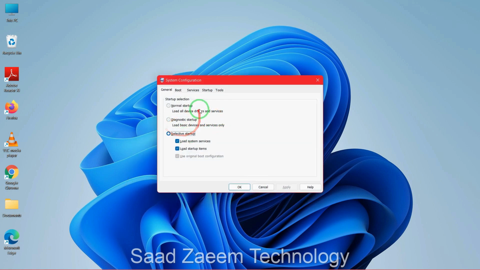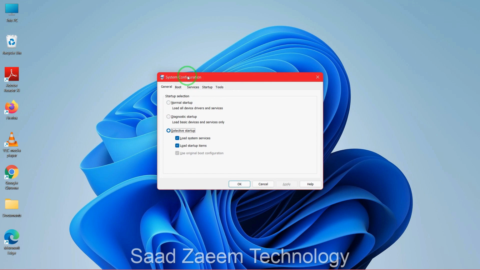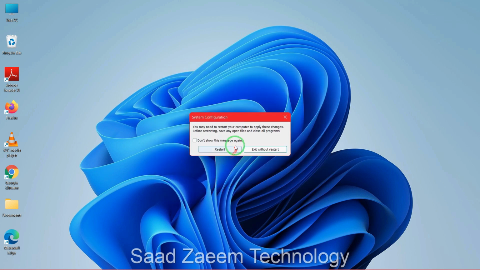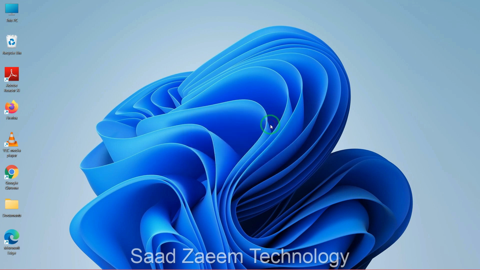So as you can see, this system configuration has opened. So now you'll have to click on services over here, and then click on enable all, and then click on OK over here. So now you'll have to click on restart, and now your PC or laptop would restart, your Windows 11 would restart. And I'm not restarting now because I'm creating a video, but I hope this video would have helped you,